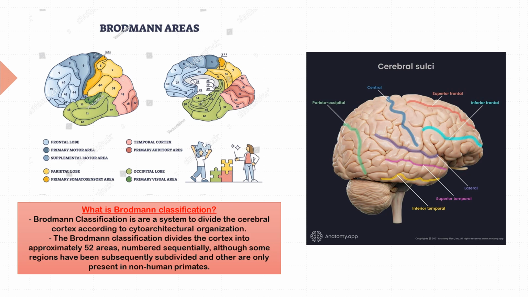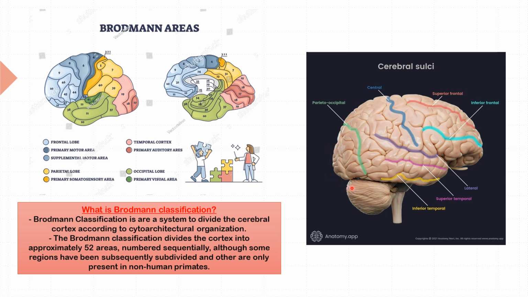So the cerebral cortex receives its convoluted appearance from a network of gyri, which are rounded ridges on the surface, and sulci, which are furrows separating each gyrus. The longitudinal fissure divides the brain into two hemispheres. The deep sulci separate the cerebral cortex into different lobes: the frontal lobe, the temporal lobe, the parietal lobe, and